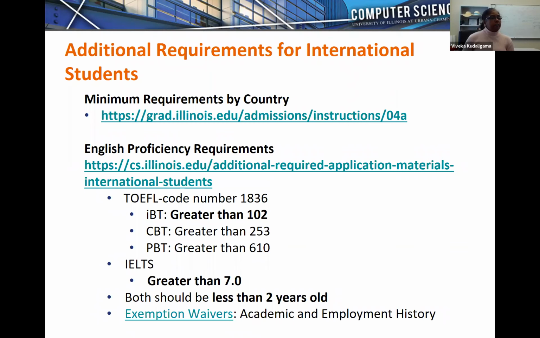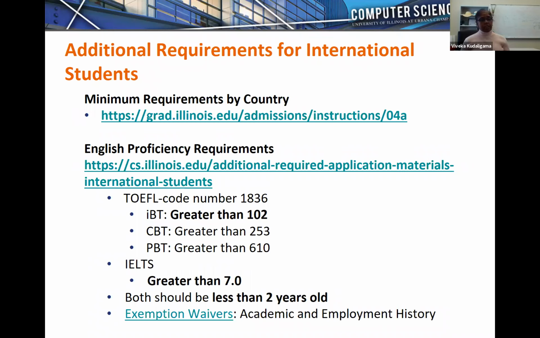If you have at least 2 years of work experience in one of the eligible countries, that will also give you an exemption from scores. But if you're using your employment history, then the department would require you to have that documentation submitted directly.